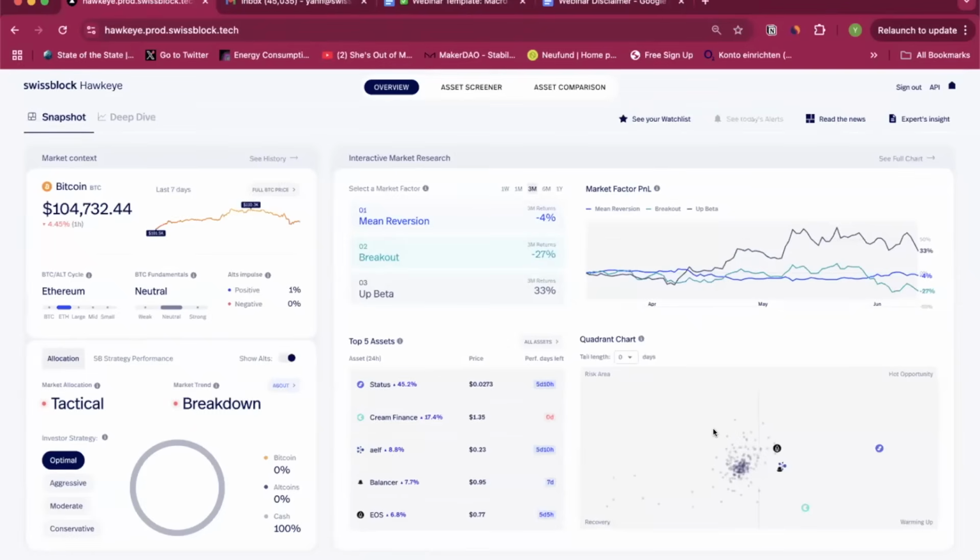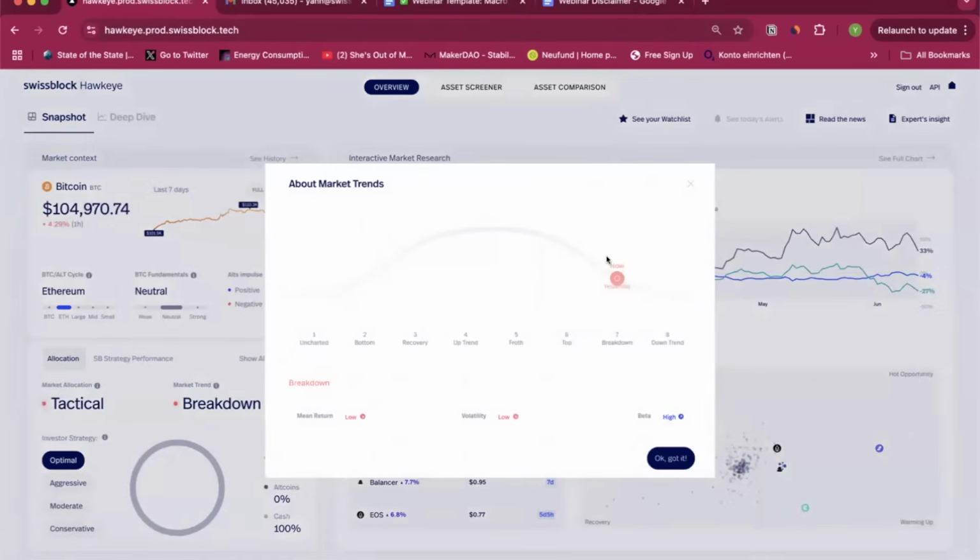It is not something that has changed the underlying structure. So it is something that you have to be aware of. And I think you have to always risk manage, right? So you have to understand that you can still, within a price range, be within volatility bands where you can get 10, 15% drawdowns, but it has not changed the underlying structure, which is very, very important. Again, we are in a breakdown, not in a downtrend, which would be very, very different.